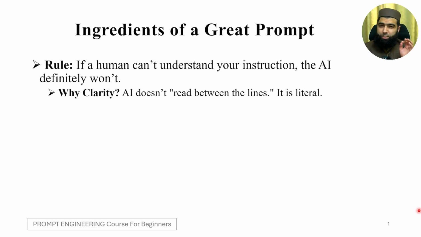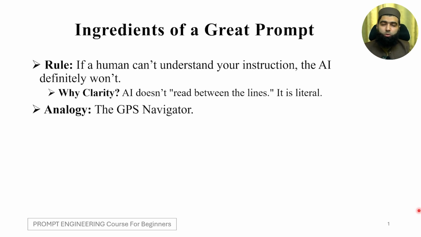So first of all, you should keep this rule in mind as a beginner. This is not a literal rule. The thing you need to keep in mind is that if a human cannot understand your instruction, these AI tools definitely won't. Actually, this is not 100% correct, but just to take the first step, because we are treating this course only for the very beginner people who are just starting to learn about these things. So just keep this in mind. You need to be clear. You need to enforce clarity in your prompts. What do you want? What specific criteria do you need to mention in these kinds of prompts?